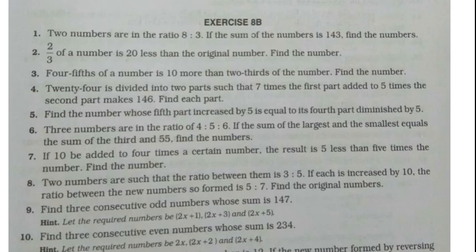Okay, let's start with exercise 8b. Let's see the first question. It says that two numbers are in the ratio 8:3. If the sum of the numbers is 143, find the numbers. Okay, so the ratio is 8:3. We have to write the statement here. The statement is: let the numbers be